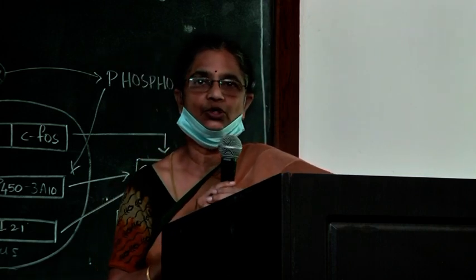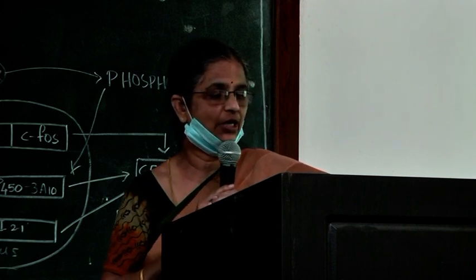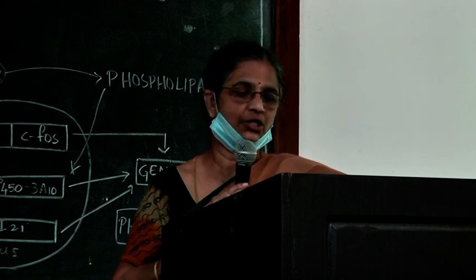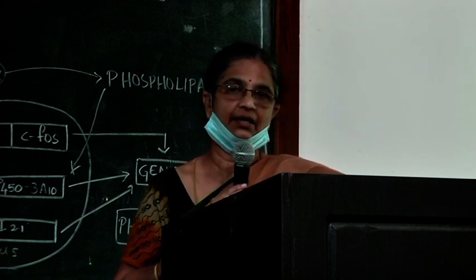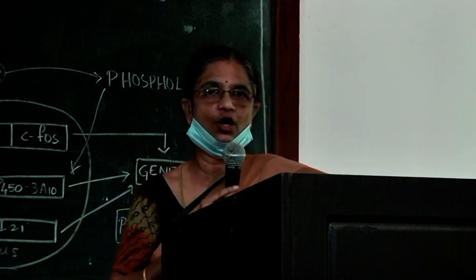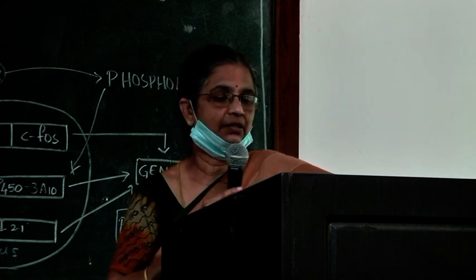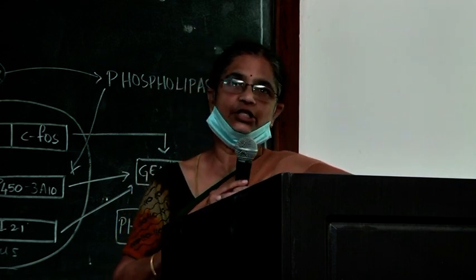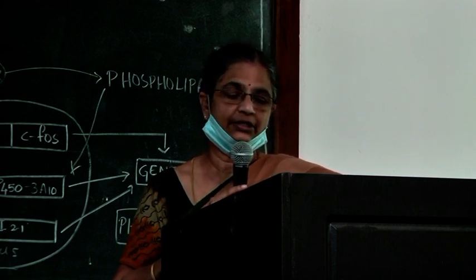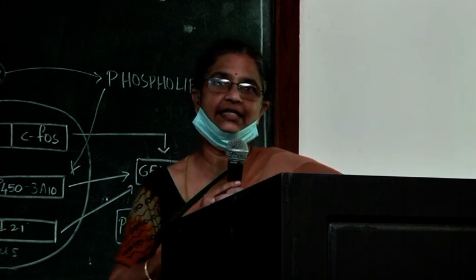The anterior pituitary hormones belong to the category of polypeptides, and these hormones are very much under the control of the hypothalamus for their secretion. The hormones which are secreted from the anterior pituitary control the secretion of major endocrine glands for growth, development and metabolism. So it has widespread